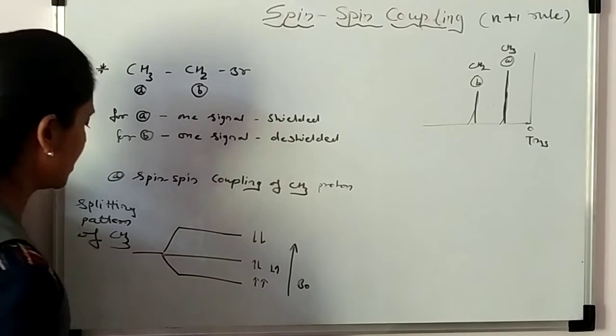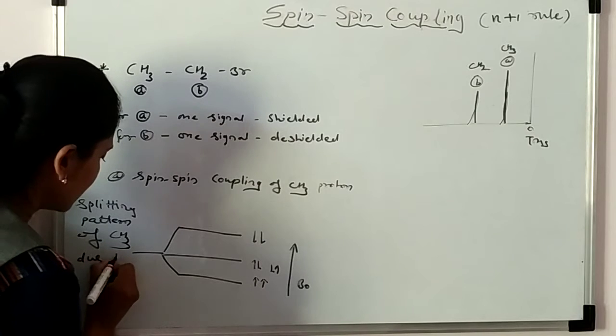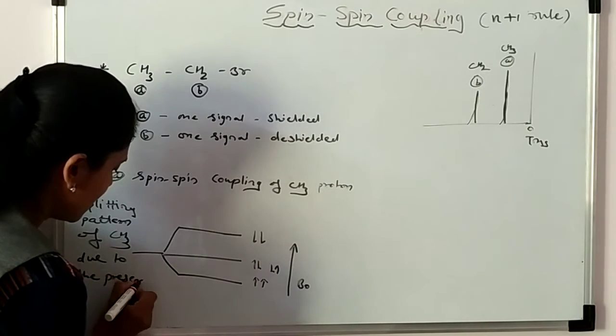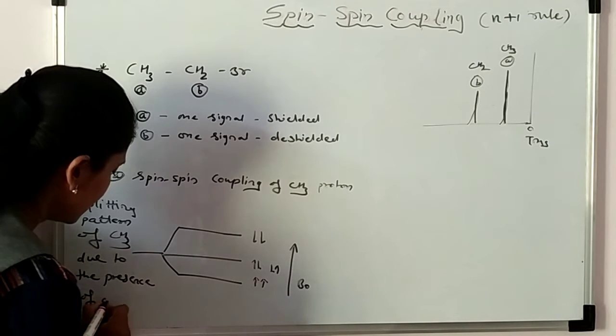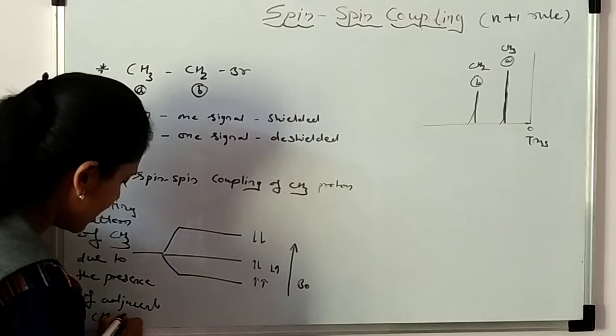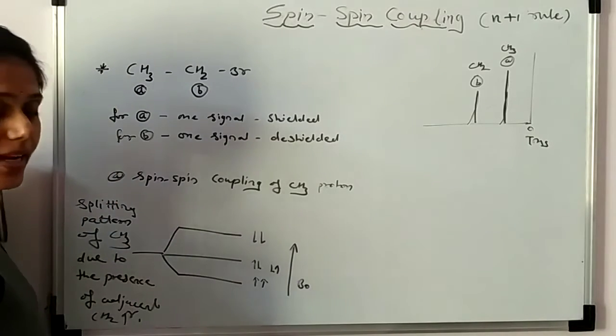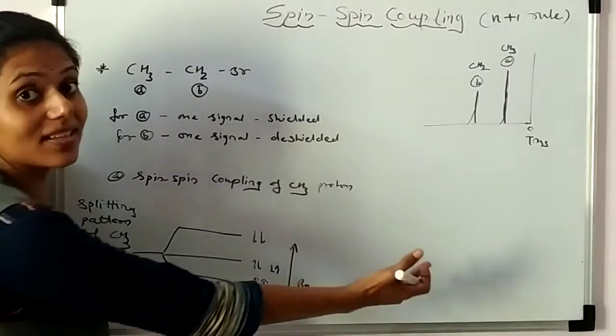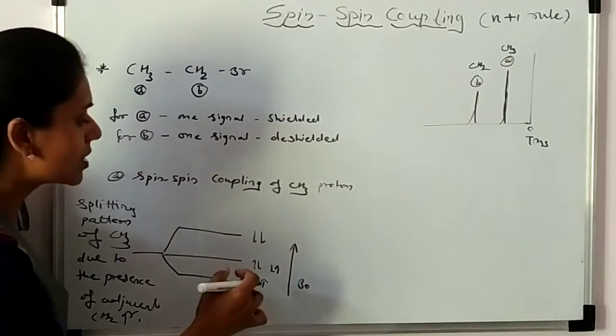So here we studied the splitting pattern of CH3 due to the presence of adjacent non-equivalent CH2 group. Okay. This is the energy level diagram. In this case, we again studied the Pascal triangle. Our Pascal triangle shows